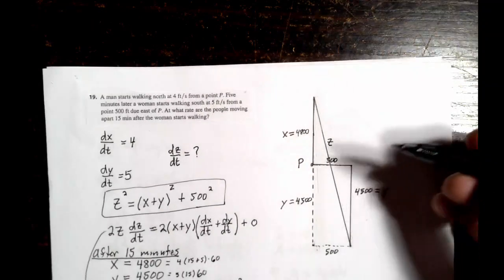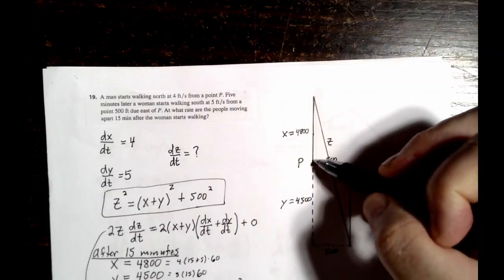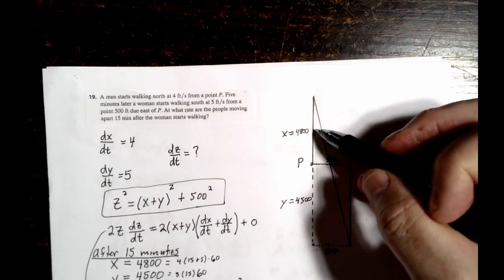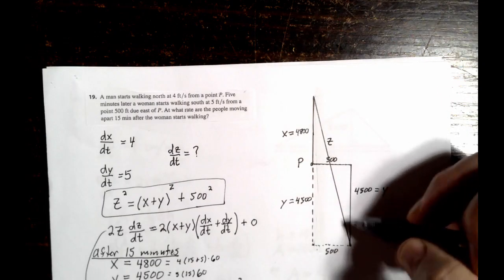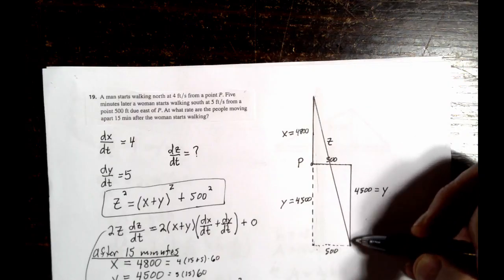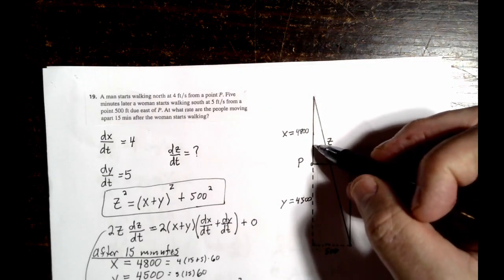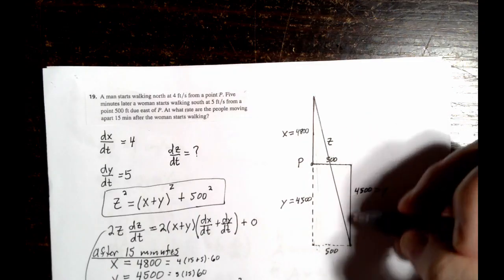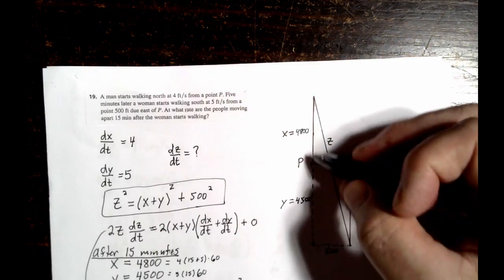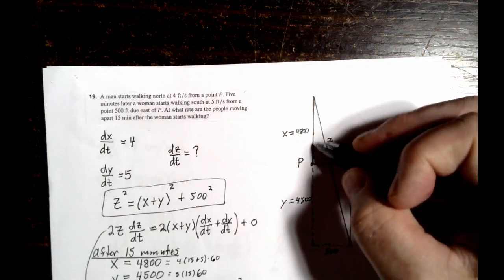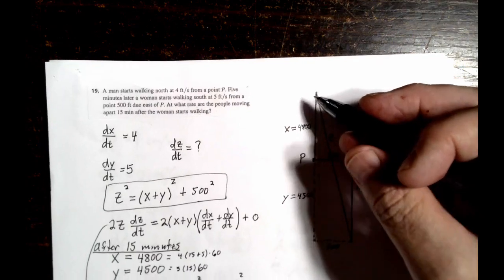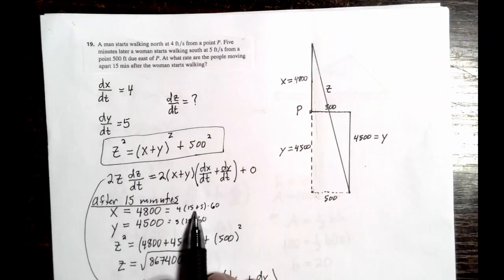Alright, so on this one you've got a man walking north at 4 feet per second, a woman walking 500 feet away at 5 feet per second, but he walks for 5 minutes first, and then 15 minutes later she's further south and he's further north. So after 20 minutes he's this far up because you've got 15 minutes plus the initial 5 minutes he was